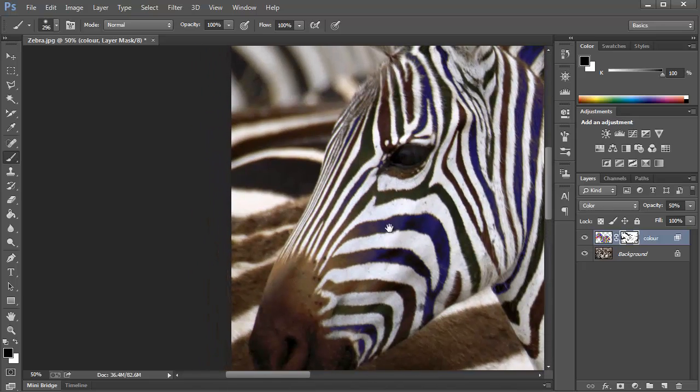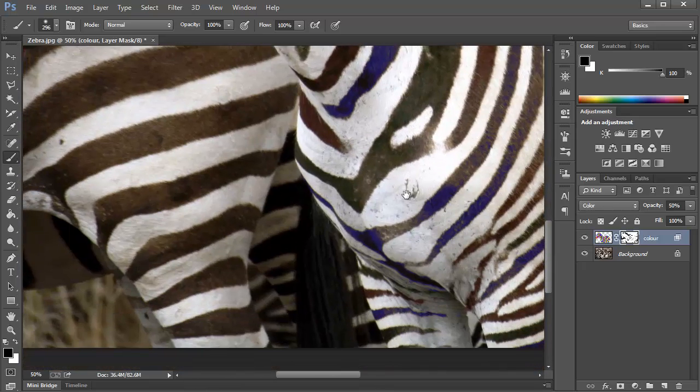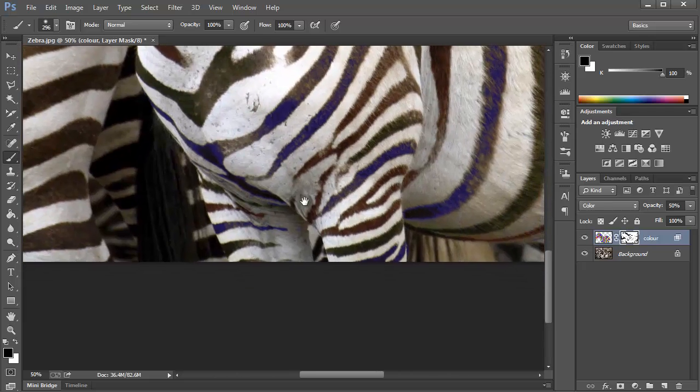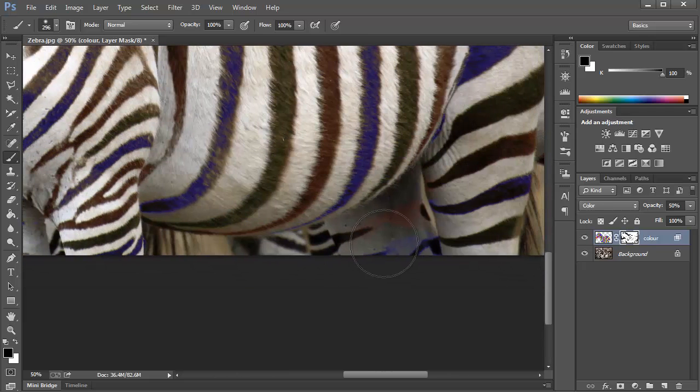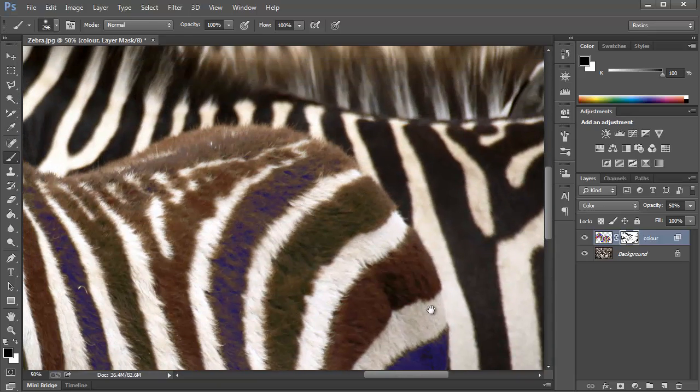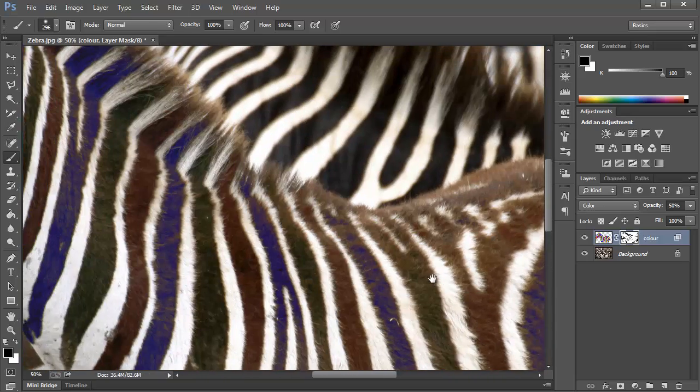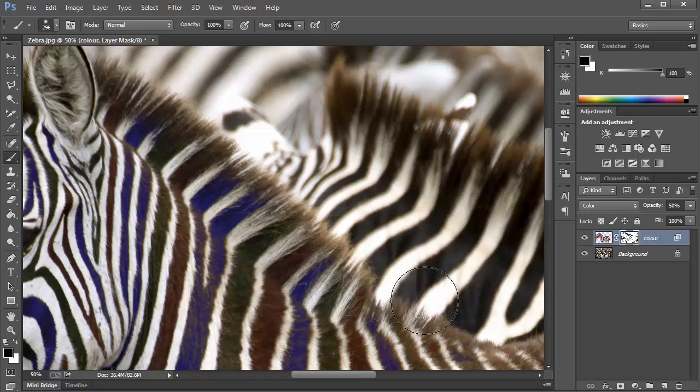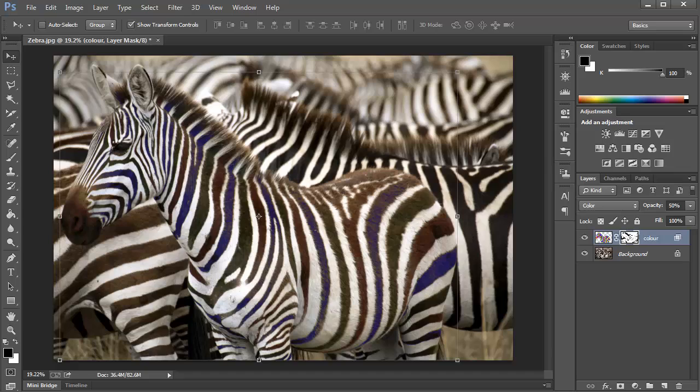Now I did a pretty good job when I blocked in the colors so it's not bleeding too much. And here we've got a bit of a problem, so we'll just paint that away. And then the rest of this is pretty good. I think we could just feather the tops out a bit, and I think that's good. Let's Control 0 to come out,